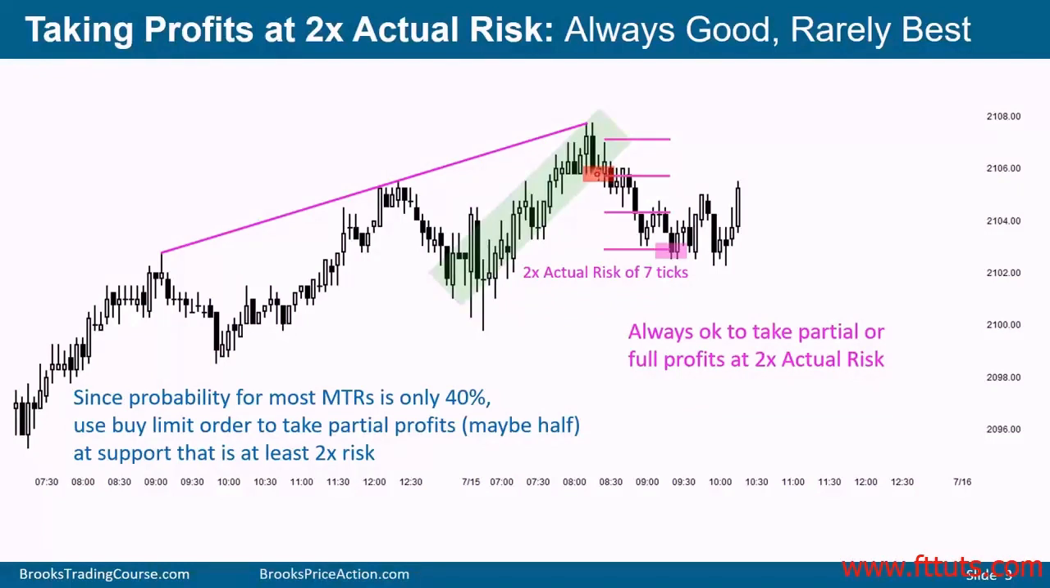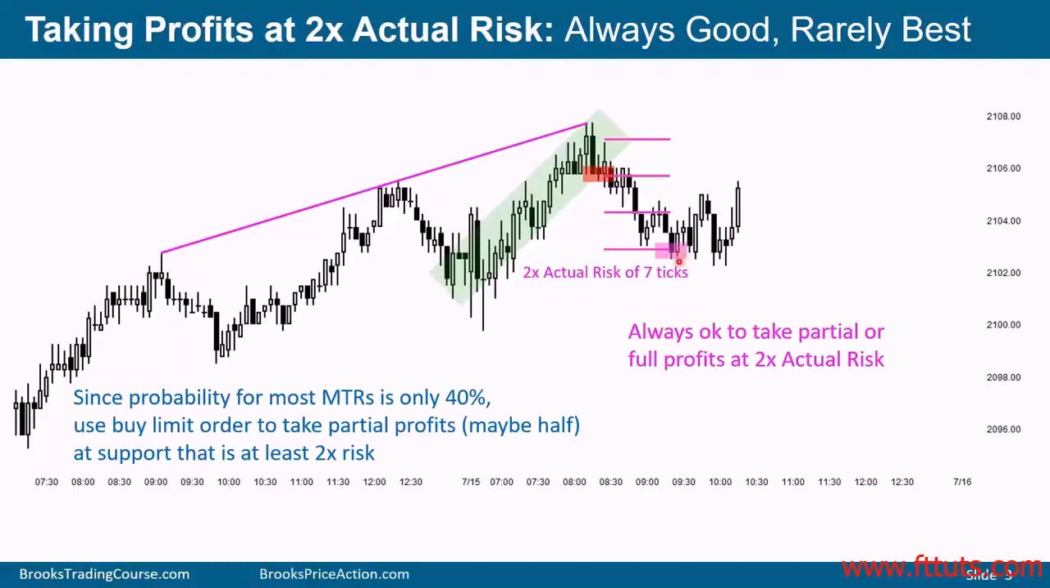You sell below this bar, you get filled here, this pink line. Your actual risk is to 1 tick above the high of this pullback bar. If you had a stop there, you don't know that in advance, but if your stop actually was there, that was the total amount that you actually risked from your entry price to that pink line, and 2 times actual risk is right here. Your actual risk was only 7 ticks, and 2 times actual risk is 14 ticks,